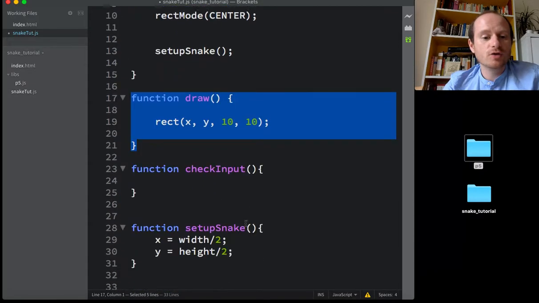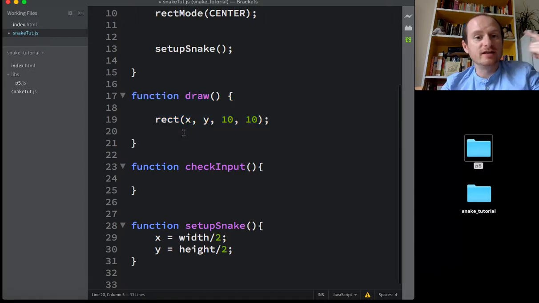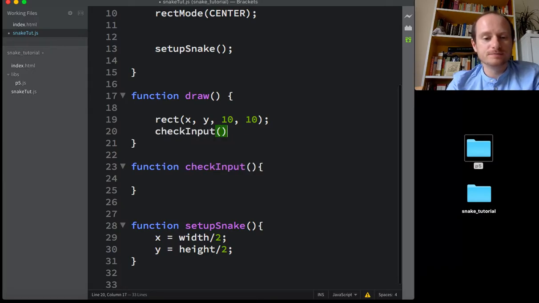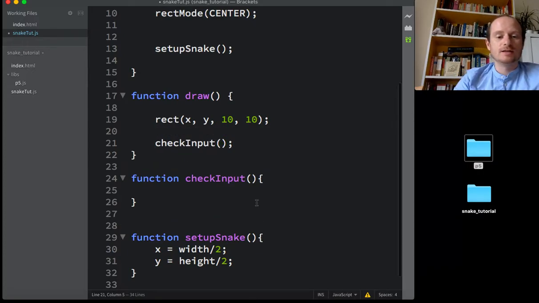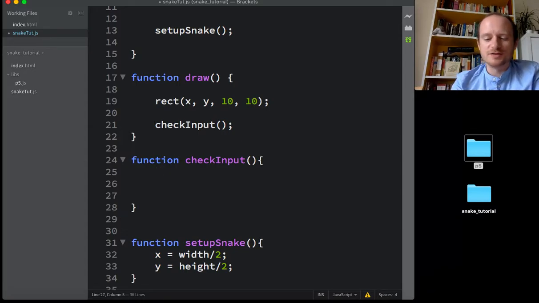So we need to call check input in the draw loop. We need to keep going to this function to check the keys and things to see if anything's been pressed. So let's just call that now, check input, and as yet it does nothing. So we want to ask some questions. We want to say if